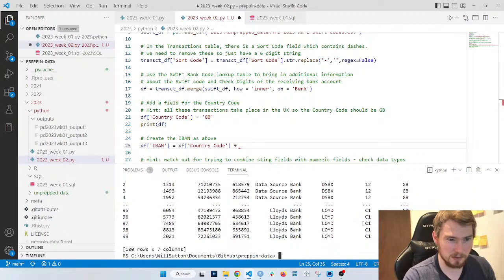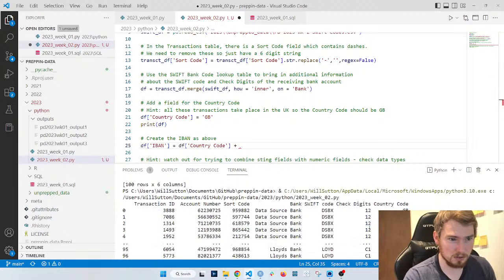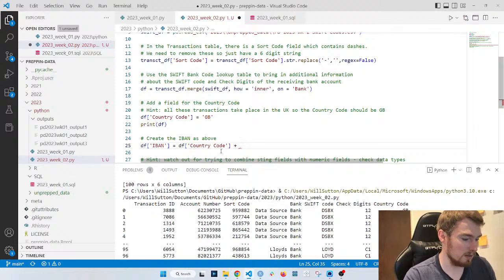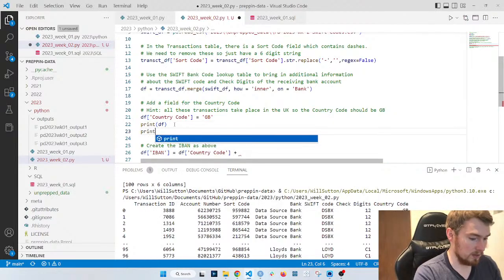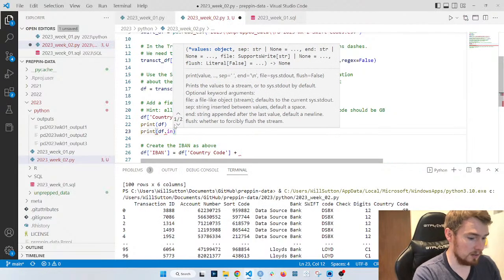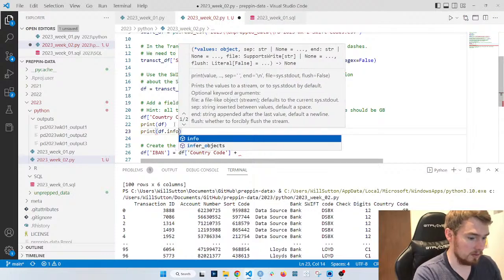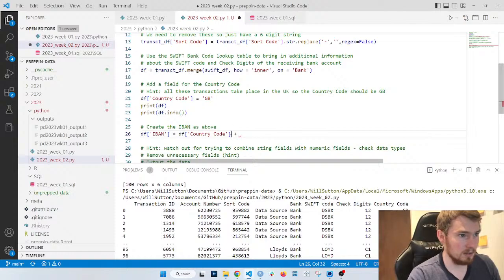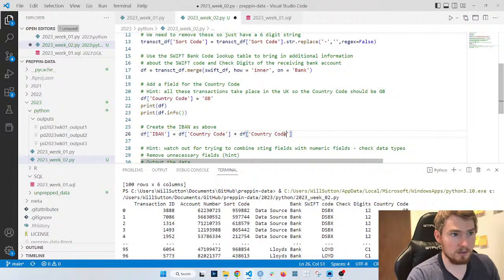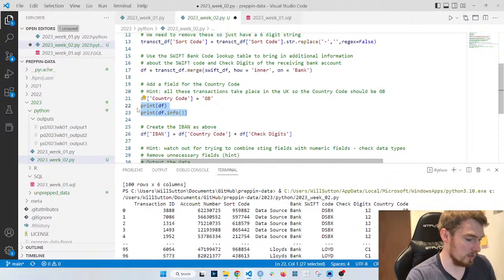I think it's fine because we've got some C1 here, so this should be stored as a string. In fact, I could probably check by doing print df.info, to see if they have any others coming through, potentially not as strings.